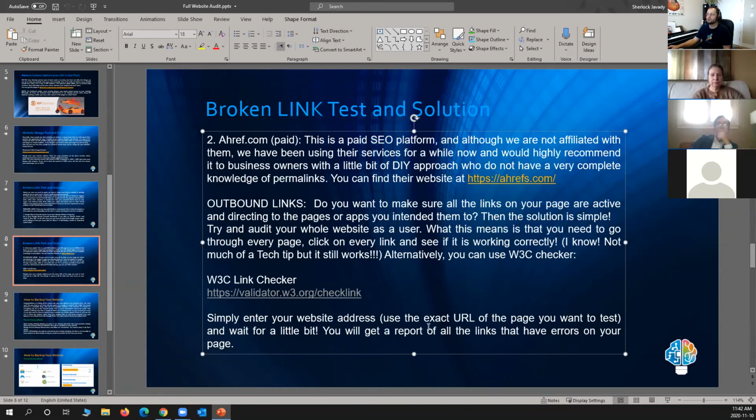How often should you do this to maintain your website? I personally do it every 6 months, just like I do it every 6 months with clearing my cache, with doing everything, optimizing my images. So it's a sort of semi-annual maintenance thing that you need to do on your website. Doing all of these would take less than half a day for you, but it will make sure that everything that you have is tip-top.